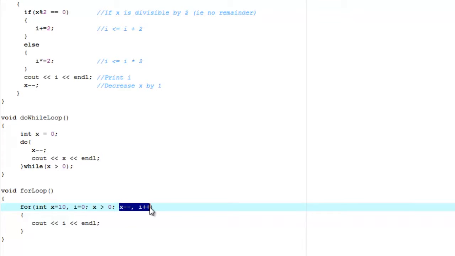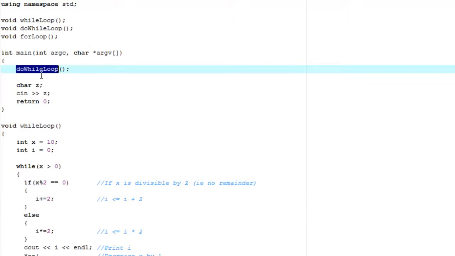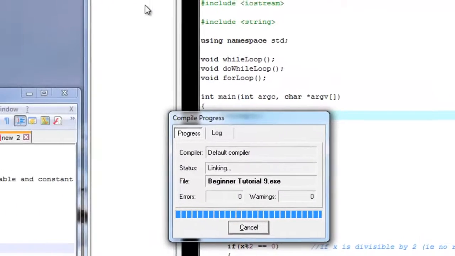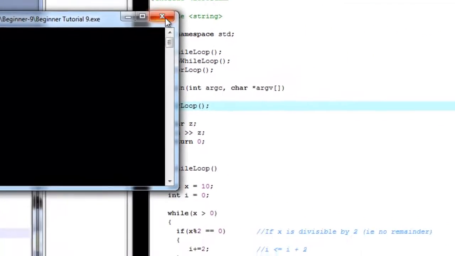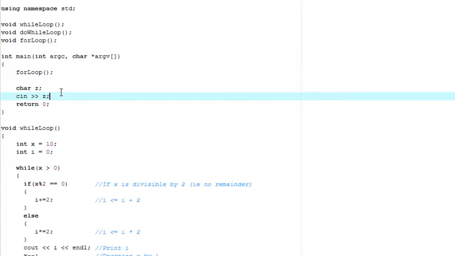And in this case, you can actually do multiple things. So we're going to decrease x by 1 and increase i by 1, and we'll just print out i. So we'll just print 1 through 10. That's pretty straightforward. For loops are very useful. So here we go, 0 through 9. Excuse me. The last thing we're going to do in this video is print out a string variable, or